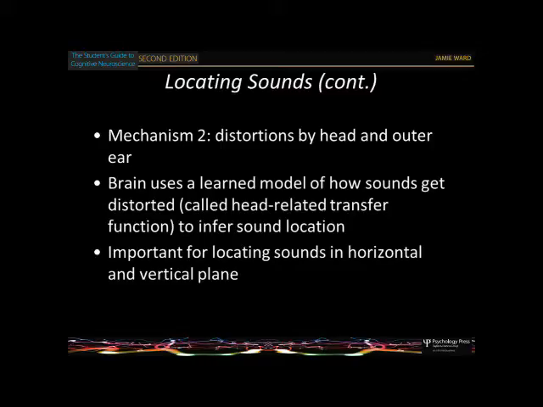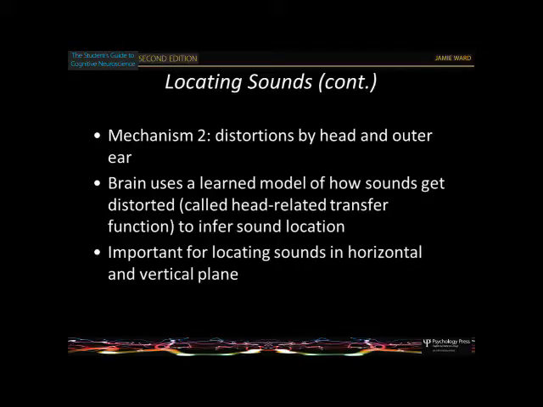One classic experiment that's been done is that they record sounds using a pair of artificial ears, these things here that are made of plaster or whatever. You put little microphones in them so they record what the sound sounds like. You've got an artificial head with it, and then you play a sound to these made-up ears. Then you can see that the sound gets distorted by these ears. You can then play the sounds into the person's ears, so they're not distorted by their own head. It's just going straight into their ear canal, but they're hearing the distorted sounds that have been created by the artificial head.